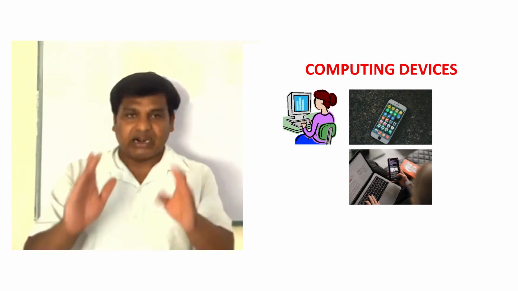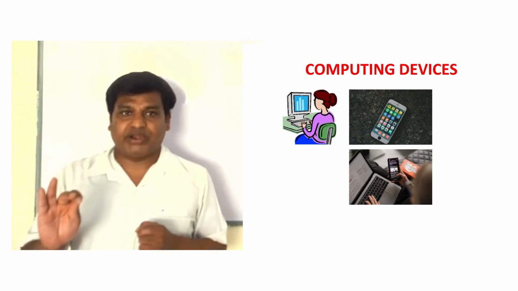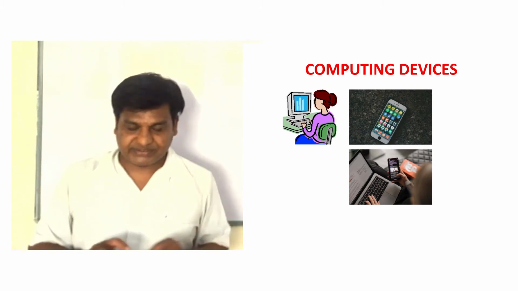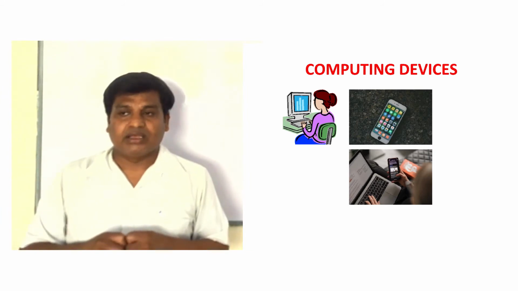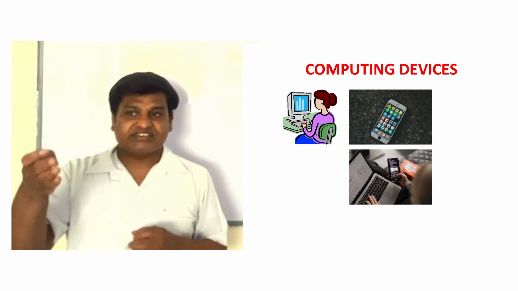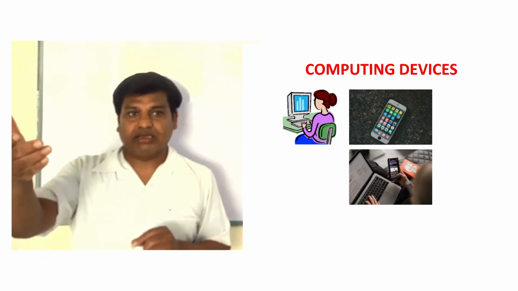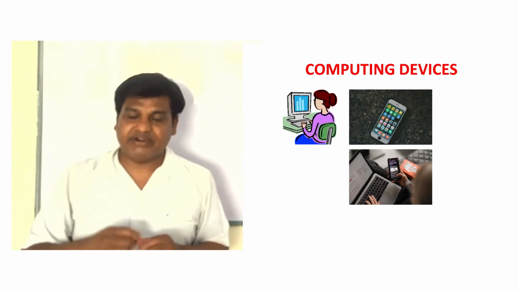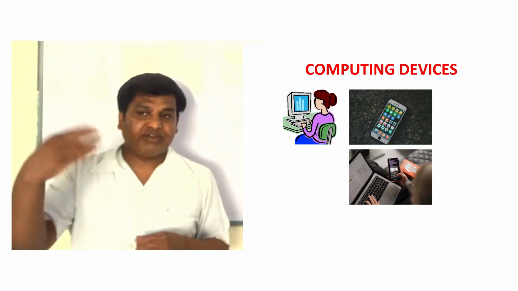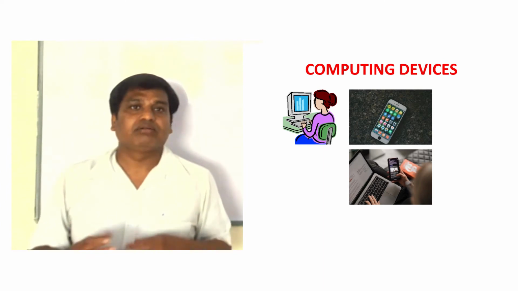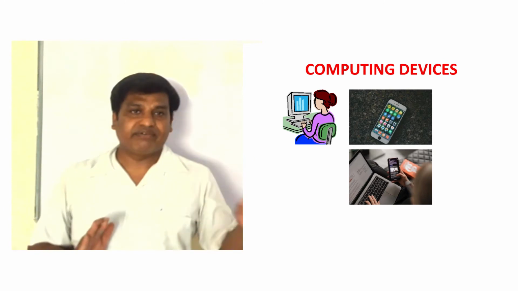What is hardware? Point number one. Hardware is the visible components of a computing device. Which are the visible components? For example, you can see the screen of the computer, which is a hardware device. You can see the CPU box, which is a hardware device. Input devices like the keyboard and mouse. So all these devices constitute hardware components.